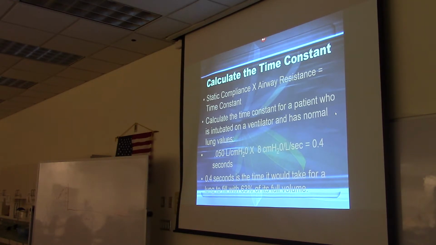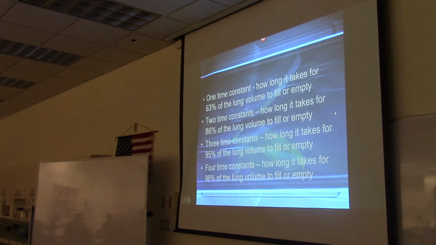So 0.4 seconds is the time it would take for a lung to fill with 63% of its full volume. Why 63%? I have no idea. That's what the textbook said. It said that one time constant is how long it takes for 63% of the lung volume to fill or to